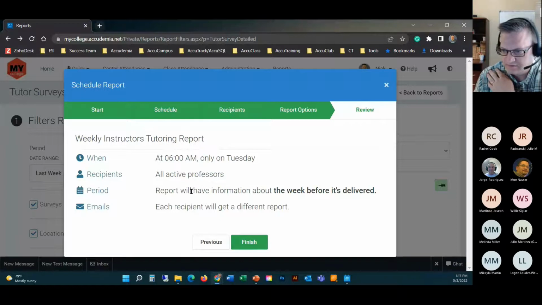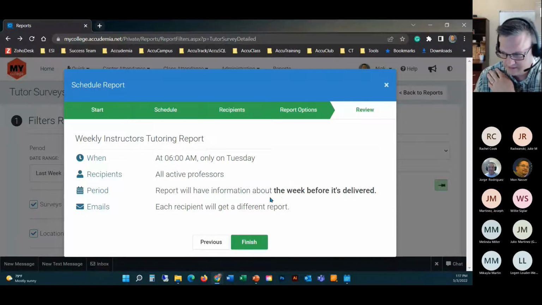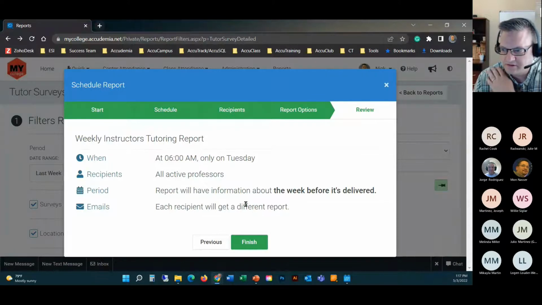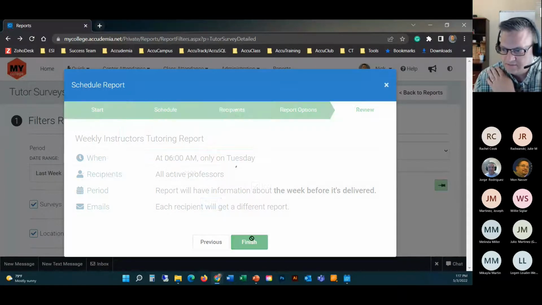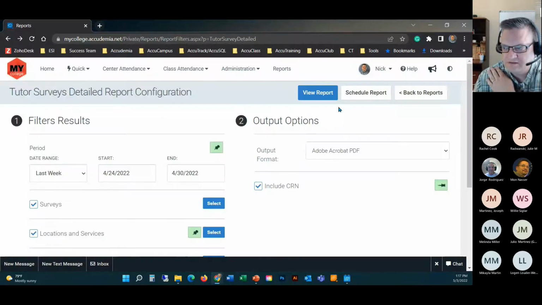So it's going to go to all the instructors, and it's going to be the week before with all the information that we set in the filters back on the report screen. And they're each going to get a different report. So it's not going to be the same for every instructor. And then we hit finish. Should be scheduled now. And then we just wait for that day that we set it to, like Tuesday, and